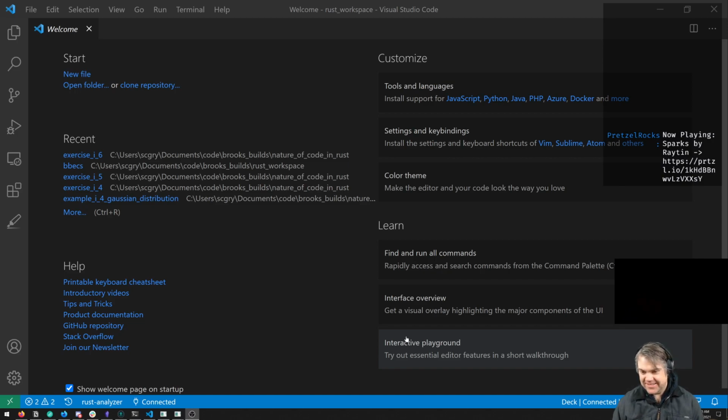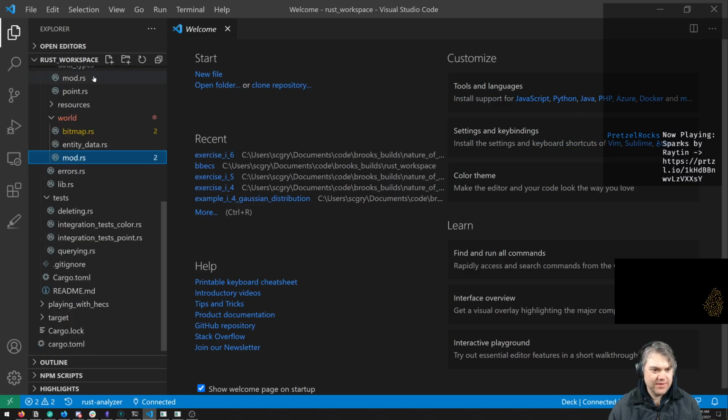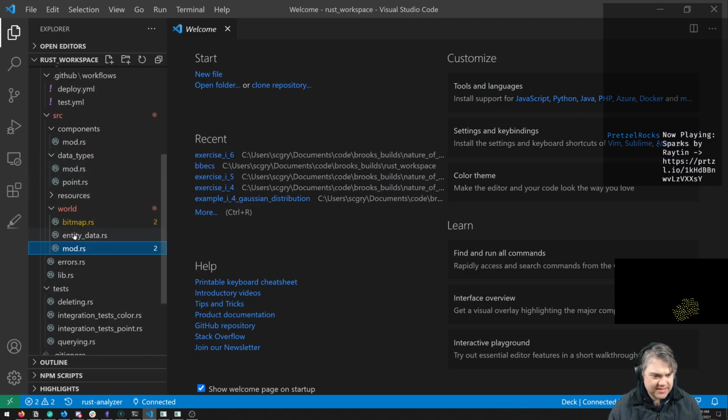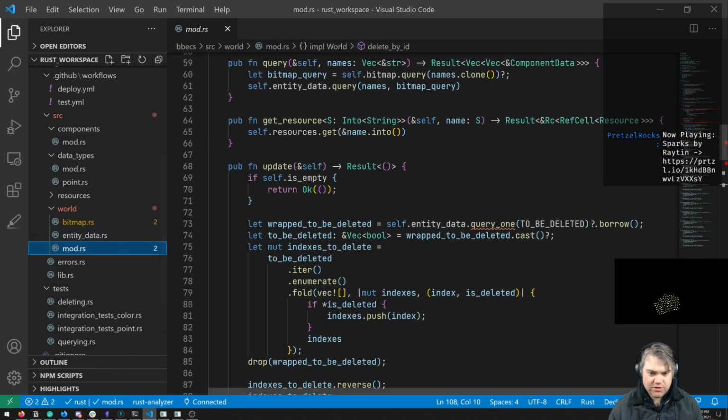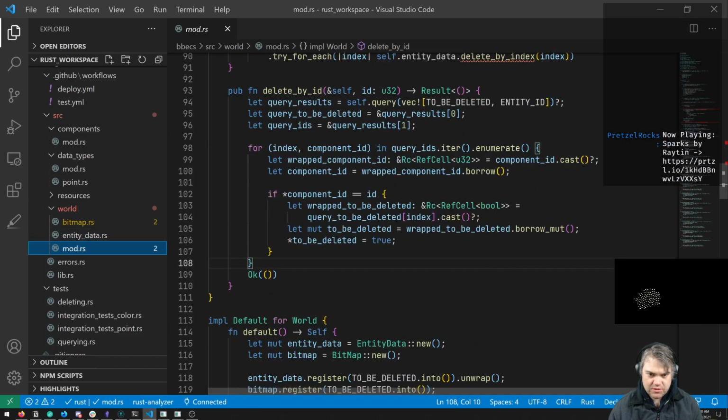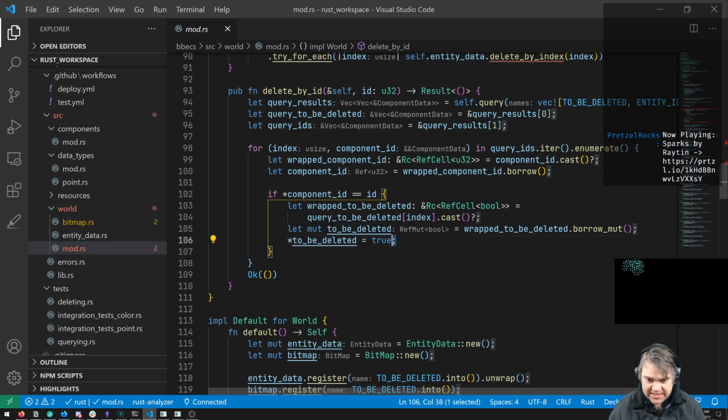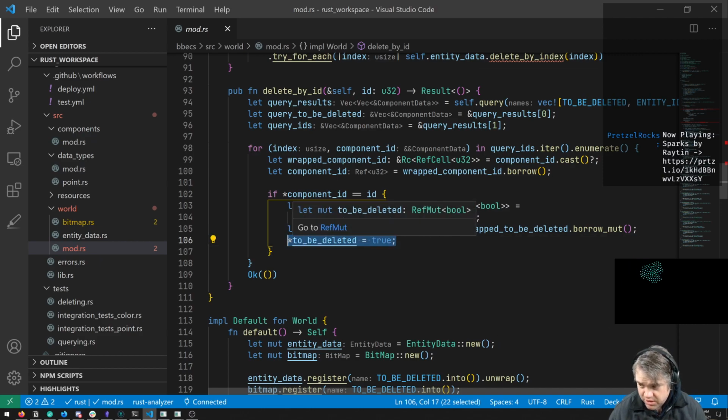Anyways, regardless, welcome. We are going to be continuing on with the BBECS delete, sort of like an update, rewrite, or refactor, however we want to feel about that. The idea here is, in our world mod, we have this delete by ID, in which we're setting the ID to be deleted. Okay, so now we know what